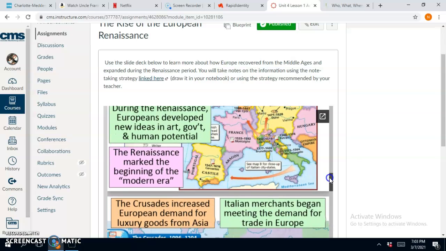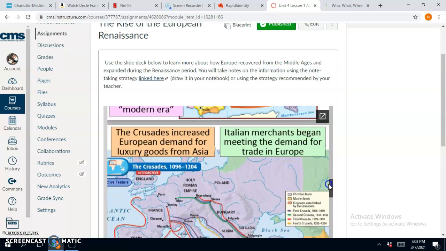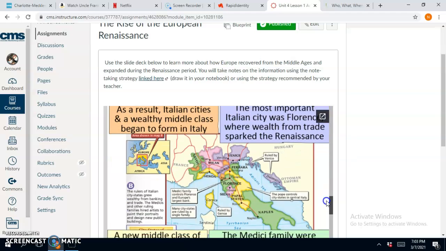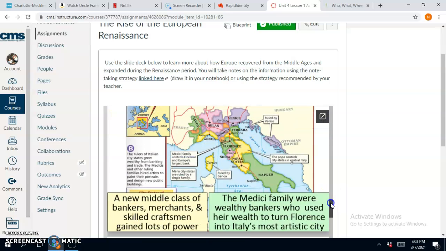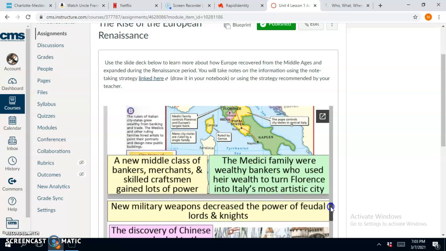During the Renaissance, they developed ideas in art, government, and human potential. And then they give a little review on the Crusades again, and they talk to you a little bit about the cities in Italy that were very popular. So you have Florence is one of them, and then here's where you learn about what I used to call the first gangster family, but the Medici family were wealthy bankers who used their wealth to turn Florence into Italy's